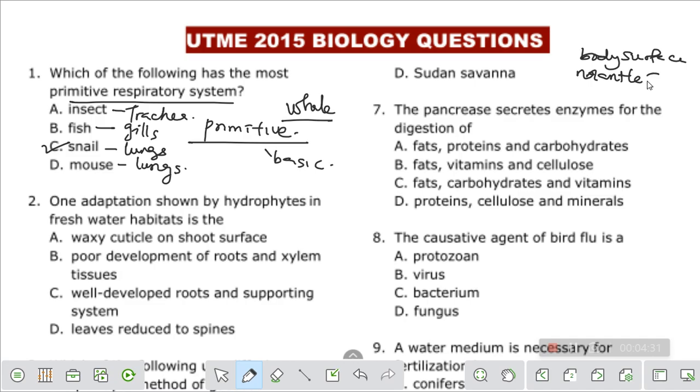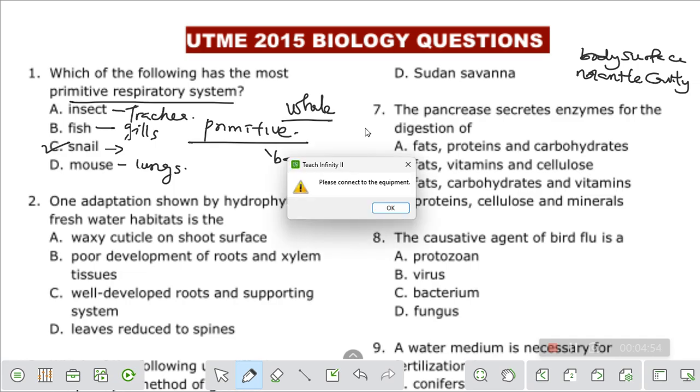I told you snails can use lungs, they can use gills, but rudimentary. Generally, not all snails have lungs, and not all snails use gills. So we cannot say that snails are using gills and lungs, although we have snails that use lungs, or gills, or both of them. But normally they don't have